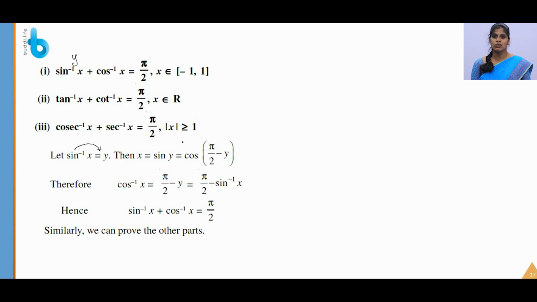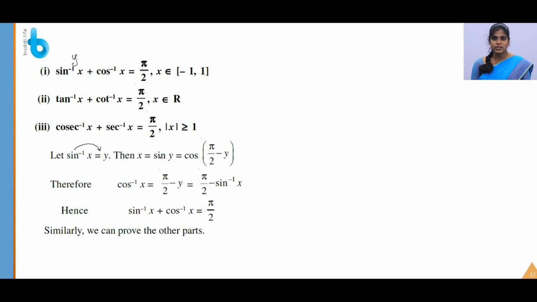So, for changing of function, what you usually do in the previous classes is subtract the angle from 90 degrees, right? You subtract the theta from 90 degrees. The same thing I am doing here. Here the theta is y. So, sine y I am changing as cos of pi by 2 minus y. For changing the function, you subtract it from 90 degrees, that is pi by 2.